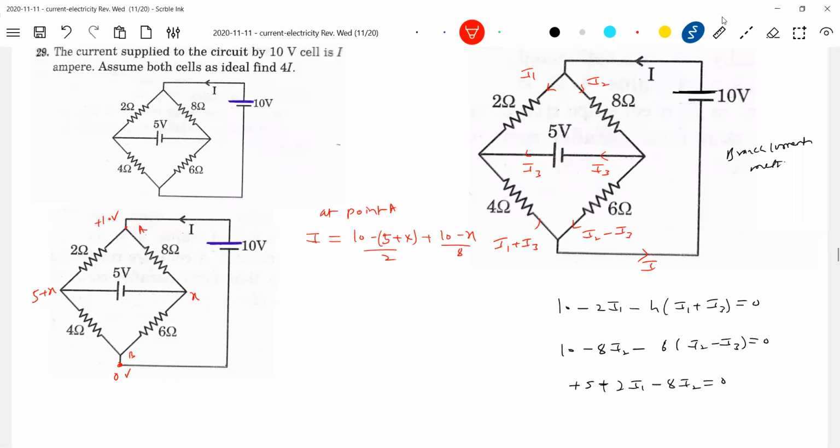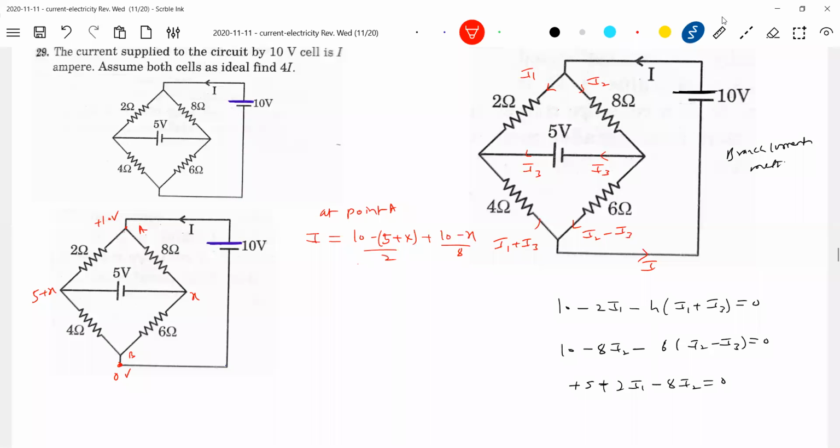Look at this. The current entering a junction is equal to the current leaving the junction. Or else you should do I plus... then the current leaving will be negative, no? So what about the current here? The current should be the potential difference of this. Solve it, then it's also the same.